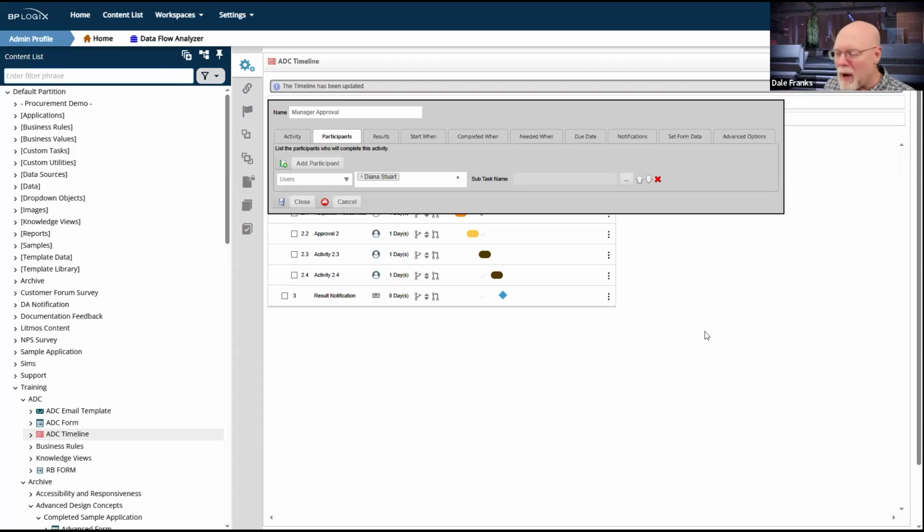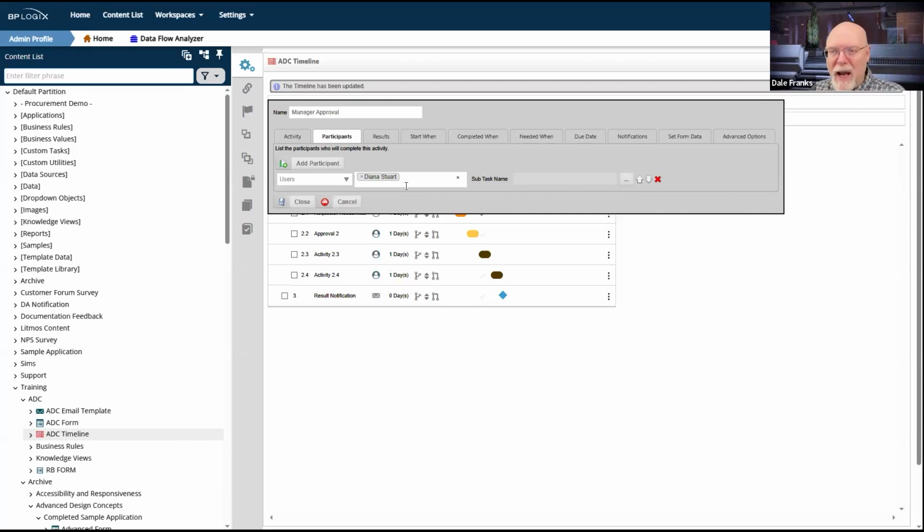But as people move around in the organization, assigning by users is going to make your life a lot harder. You're going to have to go to every single timeline activity that shows Diana as a user and check to see whether she's still a valid user. It may be that Diana has left the organization and she's being replaced across the board. In that case, it's simple. We just go into user admin, we go to Diana's account. There's a little section at the bottom of the page that says replace this user with somebody else. You replace her and she just automatically gets replaced everywhere in Process Director. Easy peasy, not a problem.